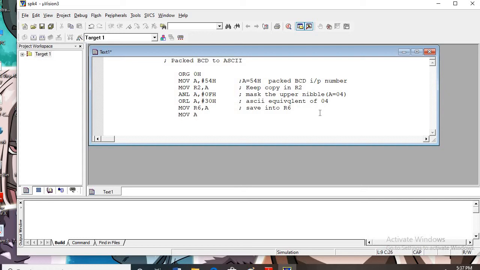Then there is MOV A comma R2, because we now want the same number once again, and that's why in the upper instruction we kept one copy of the same before unpacking it. So once again I will take it from R2 to the accumulator. Temporarily we transferred that. Here I will write: get original number.